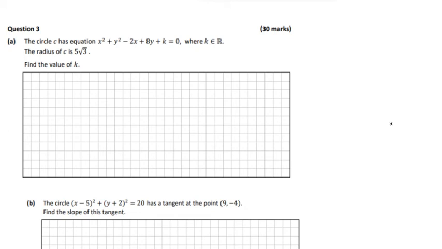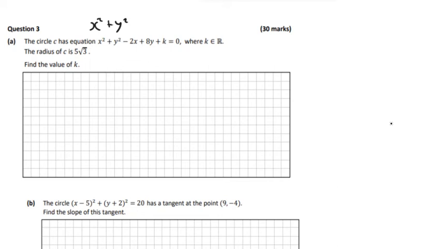Hi folks, so this is question 3. It's a circle question. So part A, the circle has this equation, the radius is 5 root 3, so you have to find the value of k. So the general formula for a circle, I'm going to use this one here,